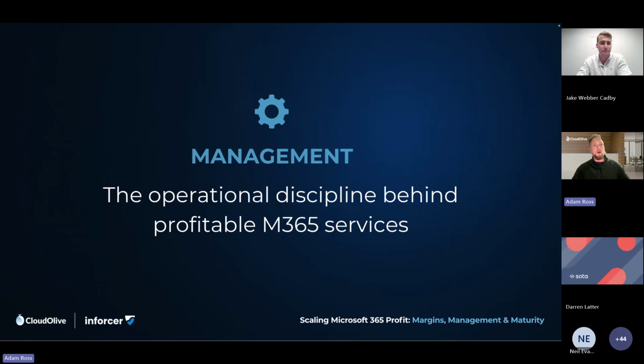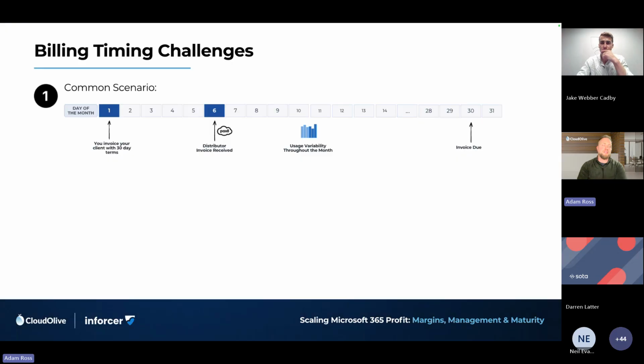So the next piece is the management side of it. I'll share some of the scenarios that we often run into, and I'm sure many MSPs here can certainly place yourself in terms of the way you choose to operate. So we've got a very common scenario where an MSP is really eager to get the invoices out on the first of the month. I'd say it's more heavily weighted towards ConnectWise users, because they've got that auto bill feature on that day, and you're like, we just got to get it ready before then.